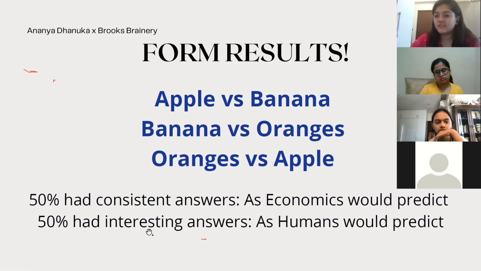Okay. And 50% had interesting answers because some people chose apples over banana, oranges over banana, and then oranges over apple. Okay. So even though you had to choose it in the form, what do we get here? We get that if I'm comparing your preferences to banana, I'm choosing apple over banana and I'm choosing oranges over banana. So if there were formula equations for it, and if I'm plotting it, then I would say that there is a high possibility that you're actually indifferent between apples and oranges, because that's what the logic would say. But you're choosing oranges over apples as well.